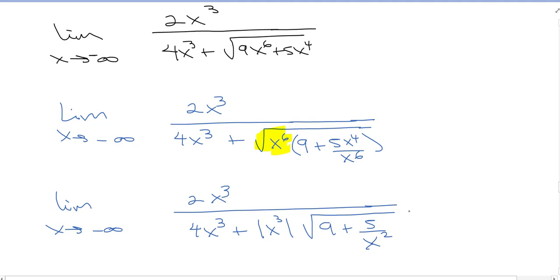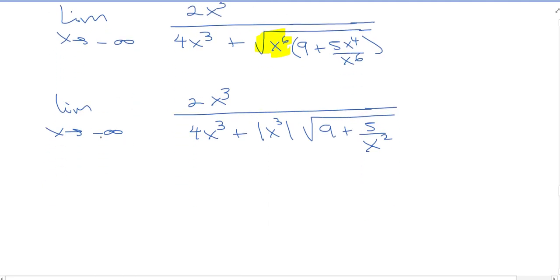And that will be it. And so now as I go to negative infinity, that's where that absolute value of x cubed comes in handy, right? This is going to be x cubed when x is greater than or equal to 0, or negative x cubed when x is less than 0. Since we're going to negative infinity, it's going to be the negative x cubed. So as I start dividing by the highest power,